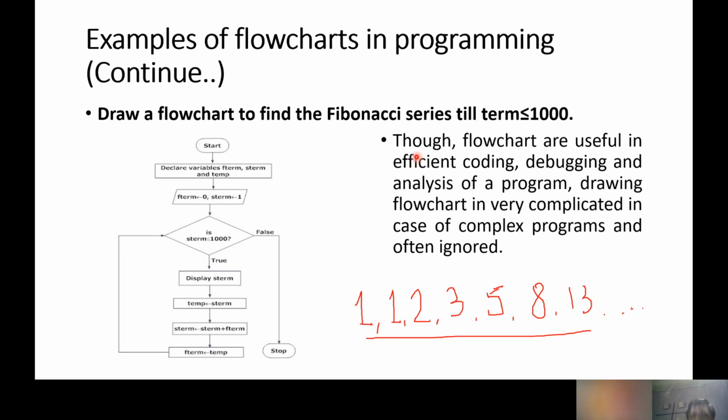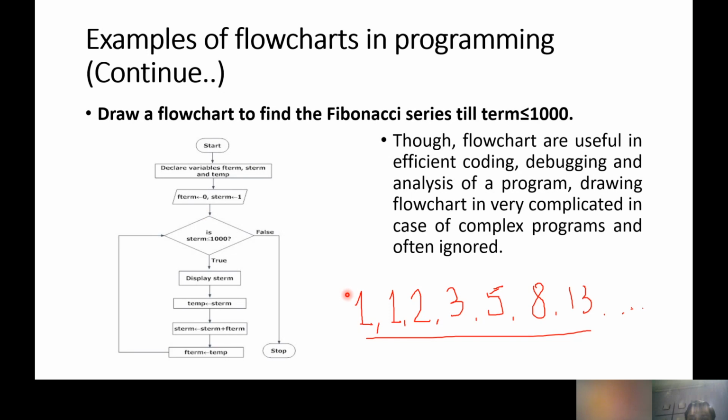So here the statement is, though the flowchart is used in, okay, let us understand this first. We start with the start, then declare the variables f term, s term and temp. Now don't get confused with these names, like why f term, why s term, why temp. You may go for a, b and c also, no problem with that. But the important thing is we need to work with meaningful variable names, so that it is easy to recognize the code and understand the flow of that particular variable. So that's the concept only. F term, s term and temp, these three variables are there.